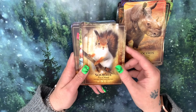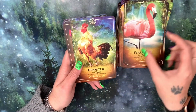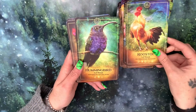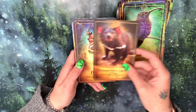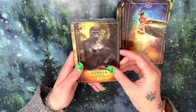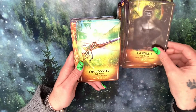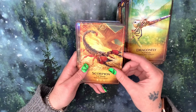So the Squirrel for the Ace of Wands, the Flamingo for the Two of Wands, the Rooster for the Three of Wands, the Hummingbird for the Four of Wands, Tasmanian Devil for the Five of Wands, the Firefly for the Six of Wands, the Gorilla for the Seven of Wands, Dragonfly for the Eight of Wands, Scorpion for the Nine